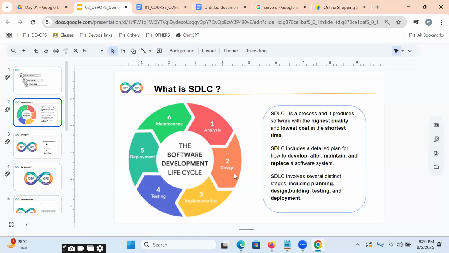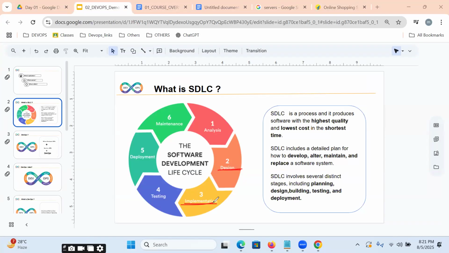Design is nothing but a plan. According to the plan, our developers will implement the lines of code using Java, .NET, or any programming language.